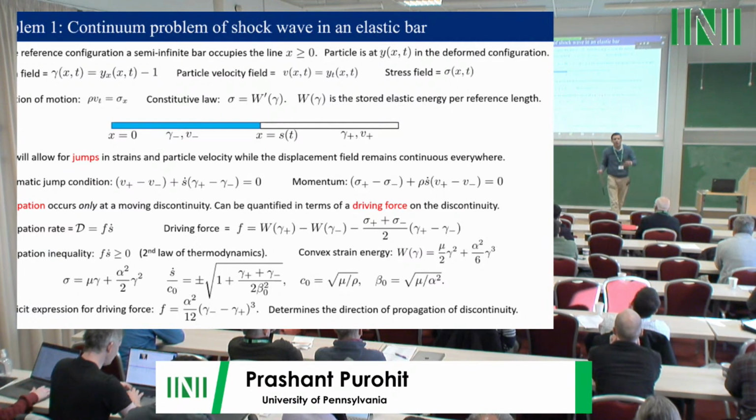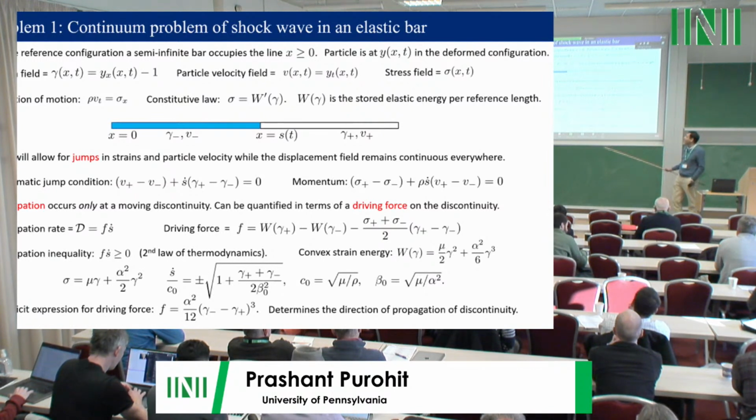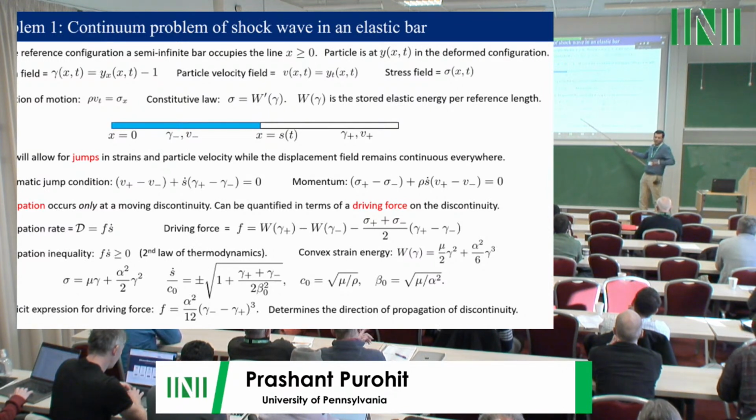And in continuum mechanics, we want that the dissipation rate is greater than or equal to 0, simply from the second law of thermodynamics. As yet, I have not specified what is the stored energy function that I'm going to use. That comes in now. This is the one. It is stiffening, like we wanted, because we want to look at what happens behind a shock. And for this particular strain energy function, you can do a lot of calculations analytically and arrive at some simple results. That's the stress-strain relation. This is the speed of a discontinuity in terms of the strains ahead and behind it. And C0 is the sonic wave speed. This is basically for very small strains, what is the speed at which the sonic wave is going, and beta 0 is some other constant.